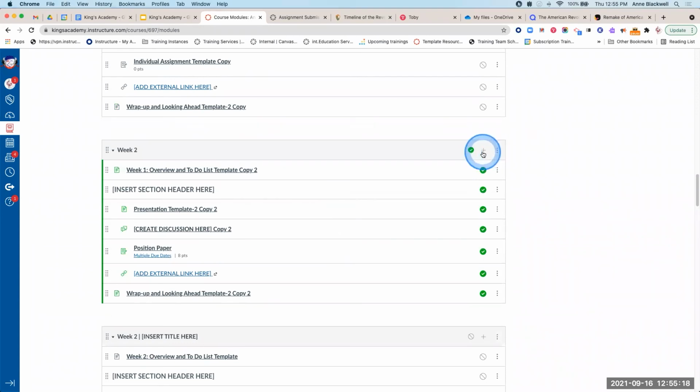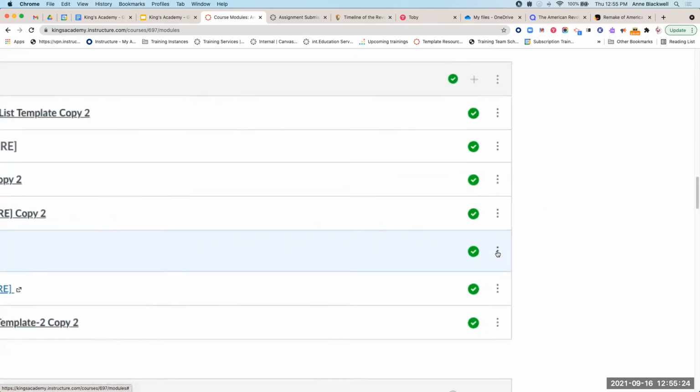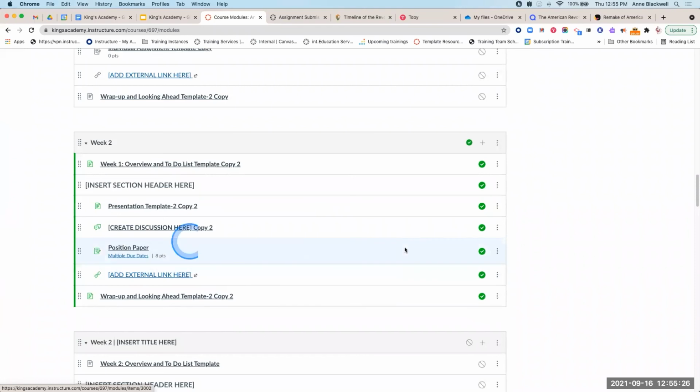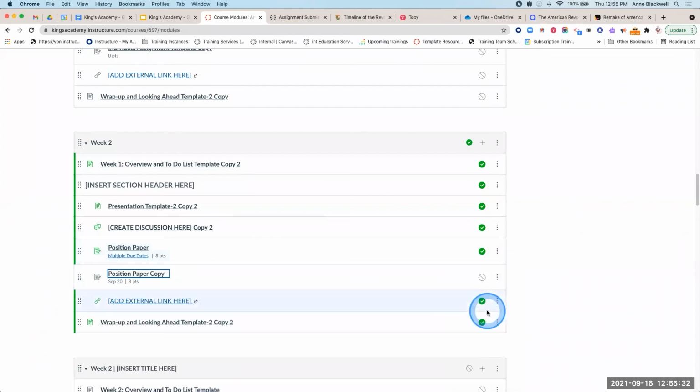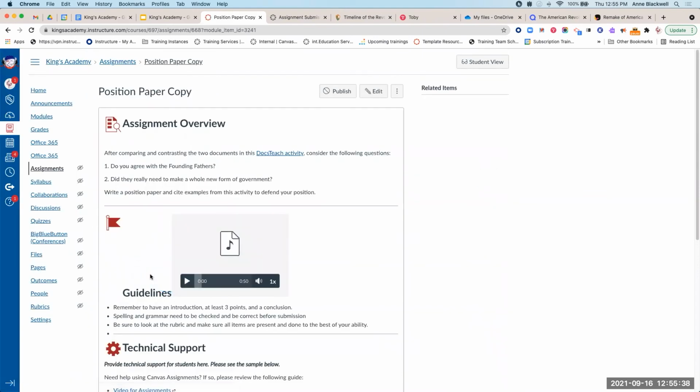By the way, while I'm thinking about it, before I do this from scratch, you can duplicate assignments, by the way. All right. So if I needed to duplicate this assignment that I already made, I can just hit the 3 dots and say duplicate. All right. And all my details are in here. Now you're saying, why would you want to do that? The reason I would want to do this